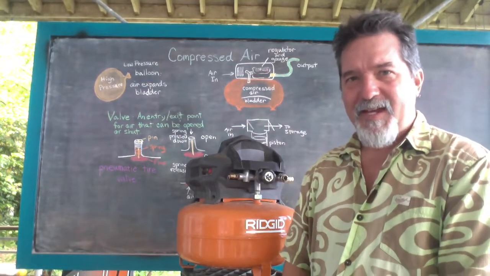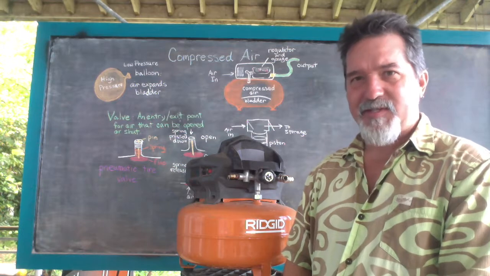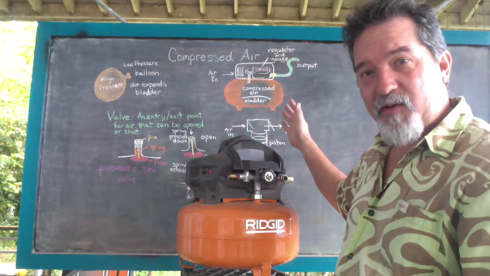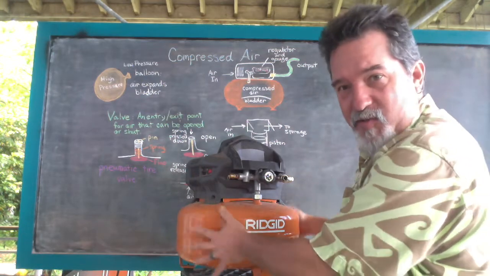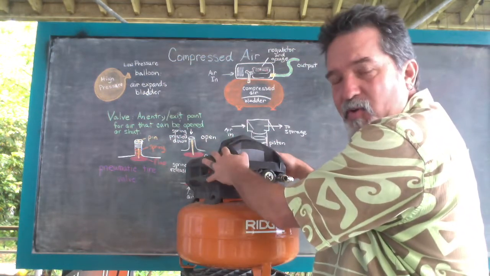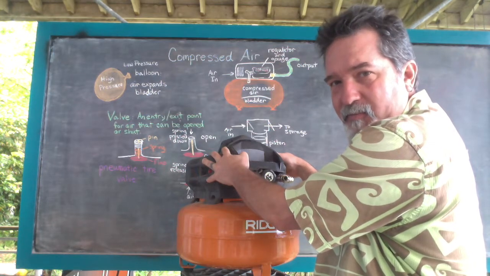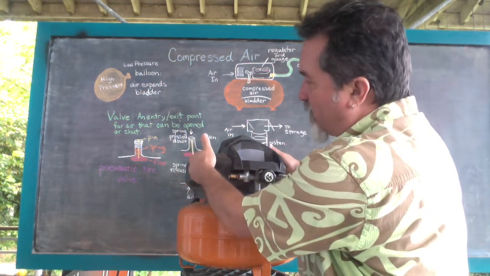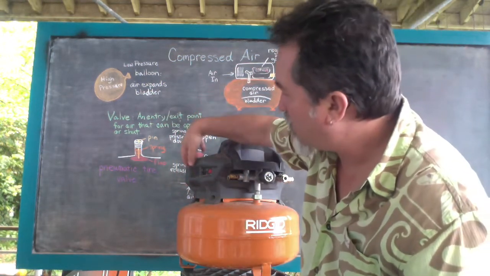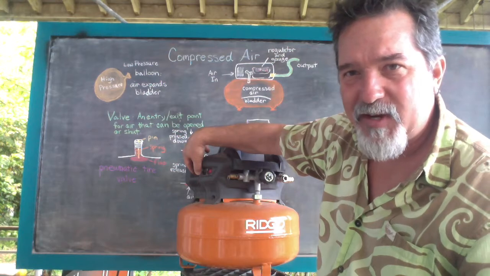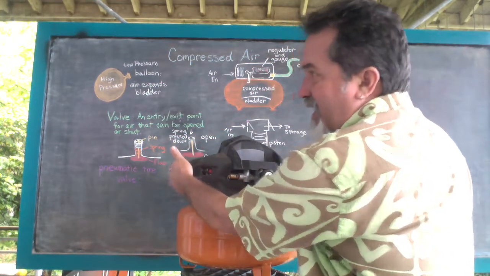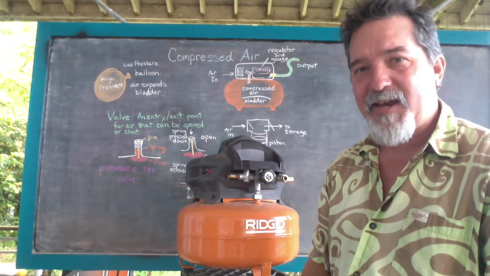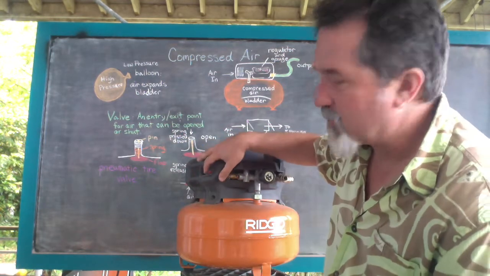So, here we have an actual air compressor itself. My air compressor, just like I showed you in the diagram, is comprised of a storage tank and a motor that runs the compression itself. Now, when we look at my air compressor, we see, like I described before, that we have a motor and we have an air intake valve over here. If we were to look closely inside there, we would see the propeller or the fan that is sucking the air in. And in fact, when I start this motor,